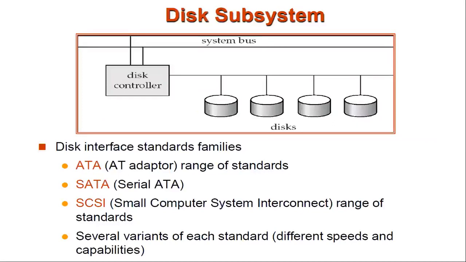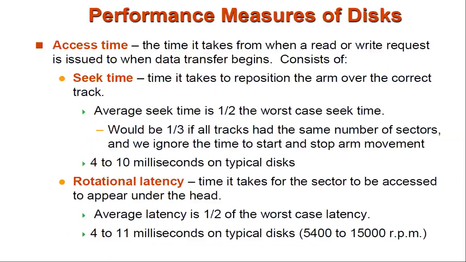And the disk subsystem, as we can see here: however many disks you have in the disk drive, all the disks will be controlled by the disk controller. Different disk interface standards are used in the disk controller as well as in the hard disk, that is, the ATA range of standards. It is all specification. Based on the specification, the disk drives are made. So you can see SATA hard disk, ATA related hard disk, and SCSI based hard disk. Some specific standards are used for interfaces. Based on that interface and that standard, the hard disks are manufactured.